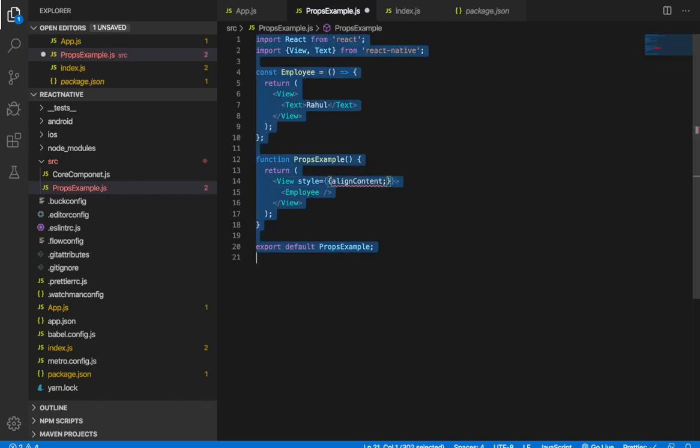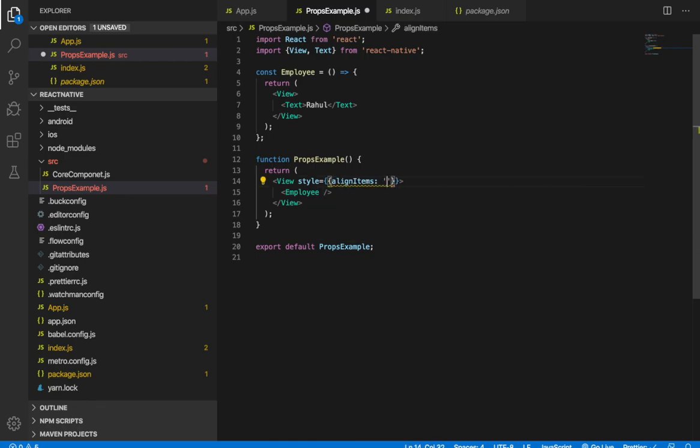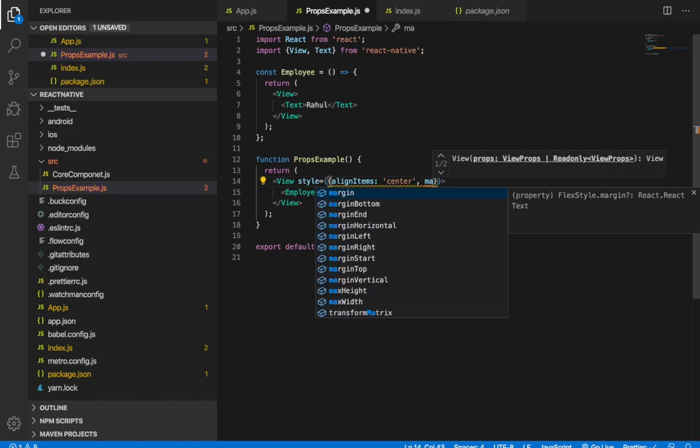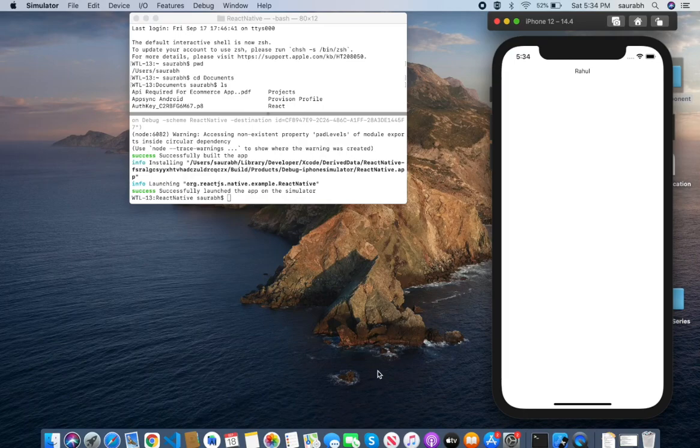Align items, and let's put a margin from top something like 50. So now you can see Rahul here.